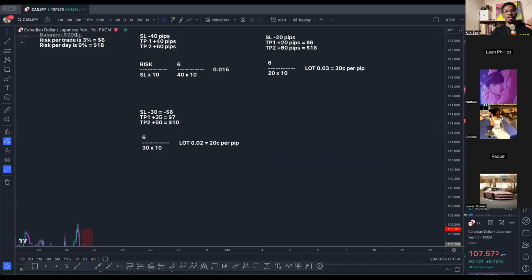All right. So if anyone took, which trade is this? This is C. If you took C, worst case scenario, you lose $6. If you went only for take profit one, you would have made $7. All right. So now you're ahead. Your reward is better than your risk. All right. And finally,